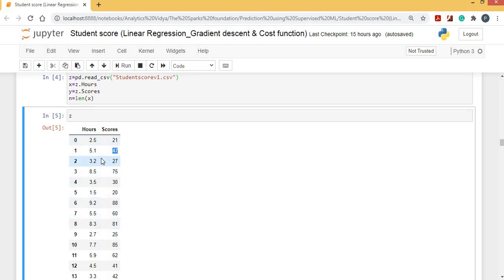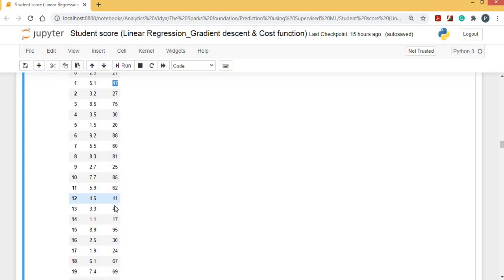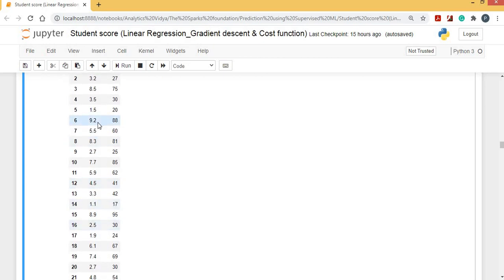Okay, at how many hours should I study, and equivalent to that, what is the number of scores which I'll be getting. So over here you will be seeing that some of the values will be repeating, like a student studied for 2.7 hours, he got 25, while another student who studied for 2.7 hours, he got 30, right? So that is the reason there is some error, there is some deviation in the values, so we have to find the best fit line.